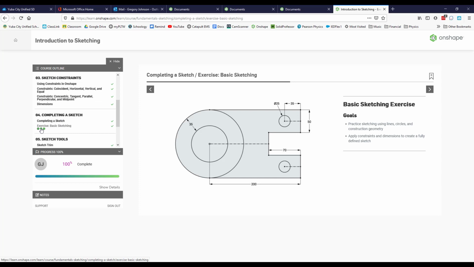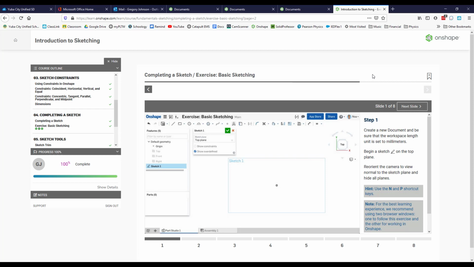So this is the actual exercise we're going to do. And here it is. We're trying to make this here. Now, you could make this, but what you're going to notice is there doesn't seem to be enough dimensions. And if you don't follow these instructions, there aren't enough dimensions. So that's why it's important to do the instructions. So to start the instructions, I'm going to click this next page icon here